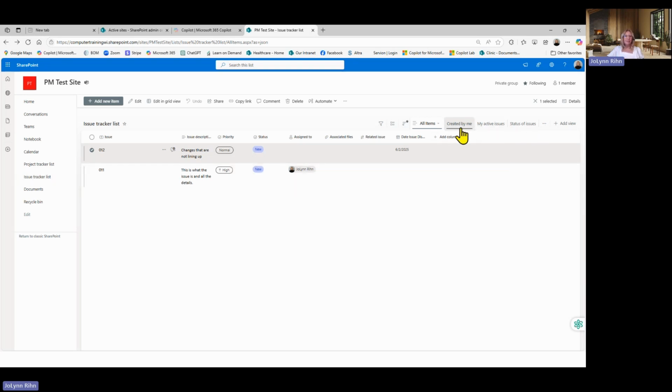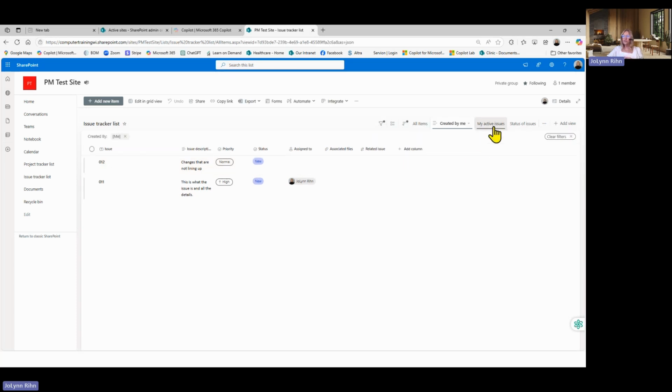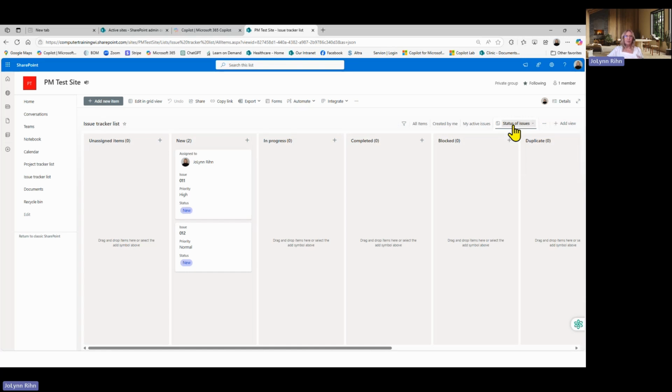It has different built-in options at the top because this is a template that automatically came with the project management template. So up at the top, I have these different views where right now I'm on All, but if I wanted to just see issues that were created by me, my active issues, status of issues, I can have these custom views that I either create myself or use the ones that are built in, and it's going to filter the list to show you based on the views that were created. So it's a really powerful tool for us to be able to use these lists to help us manage our